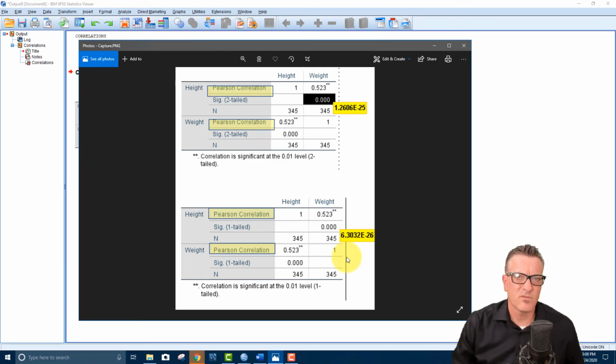And that's the rub with how people choose their one-tail or two-tail. I won't get into which one is right and which one's wrong. But with correlation analysis, when you think about it, it could be a positive correlation, could be a negative correlation. So I believe that's why they frequently do two-tail testing with it.